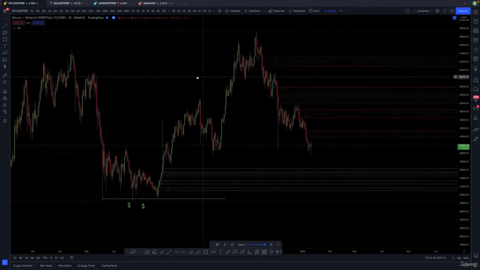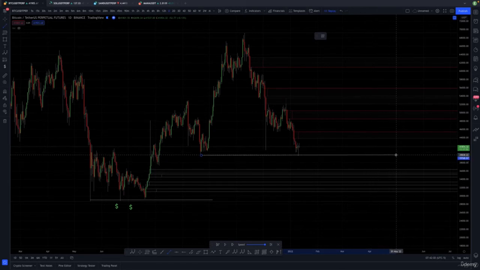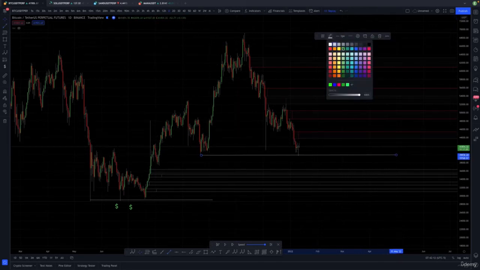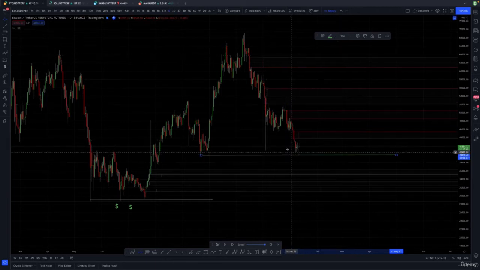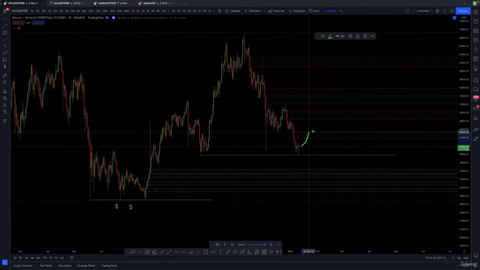What we can expect, or what I am expecting, is that the price here is creating some equal lows, and this is again very intentional. They are creating these equal lows, and those retail traders who think that this is a support, they will long the market from here. But what price will actually do is go back up, fill up these imbalances that they have left behind to this point,